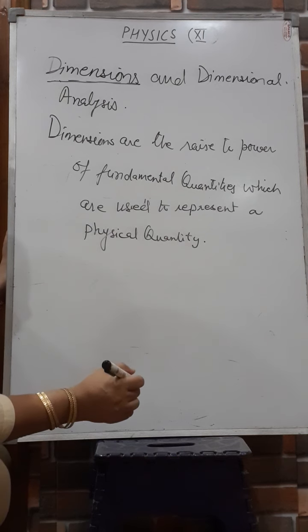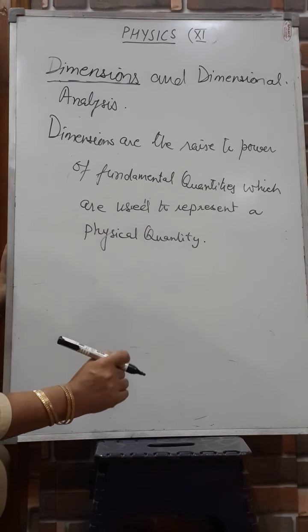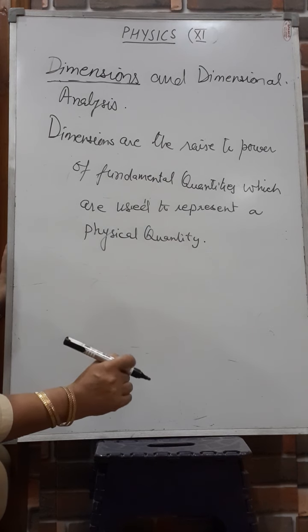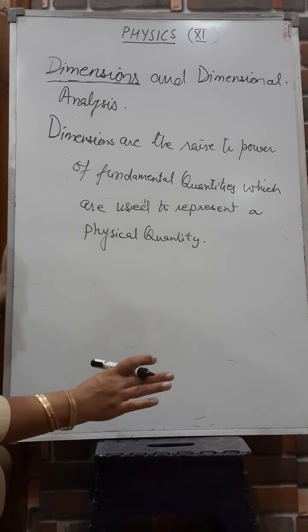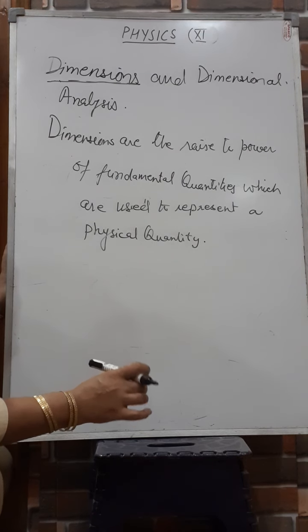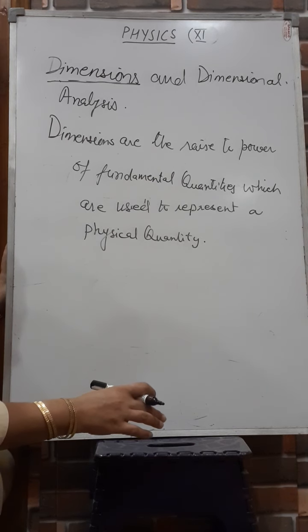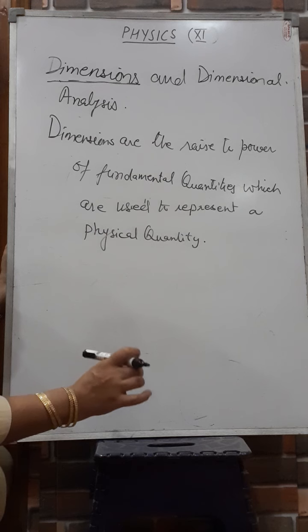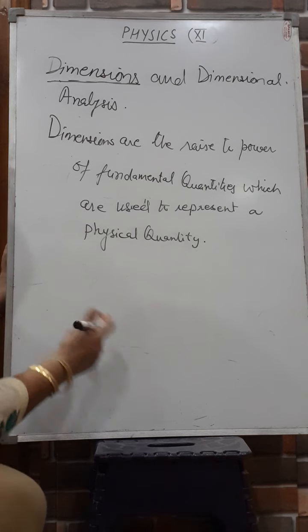Meaning we have to represent a physical quantity in terms of the fundamental quantities. We have 7 fundamental quantities. So first of all, we will represent any physical quantity in terms of the fundamental quantities. Then, while representing, the power of those fundamental quantities is the dimension. For example,